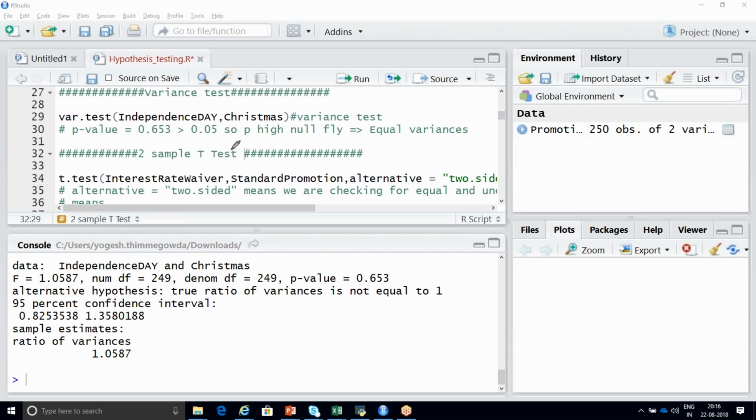With respect to your variance test, you need to check whether the Independence Day variance is equal to the Christmas variance. If it is equal, it is the null hypothesis. If it is not equal, it is the alternate hypothesis.